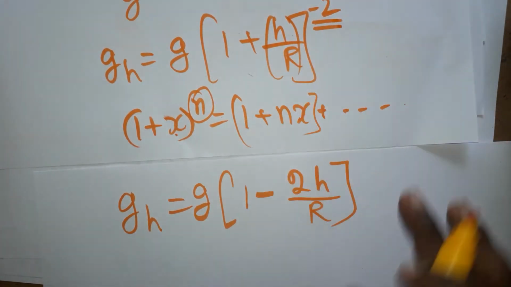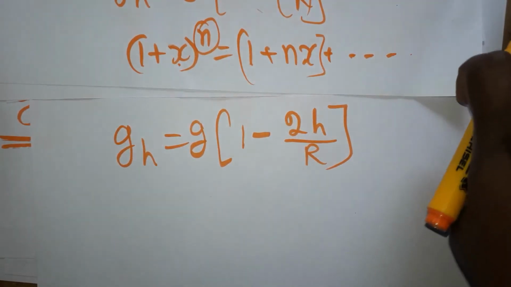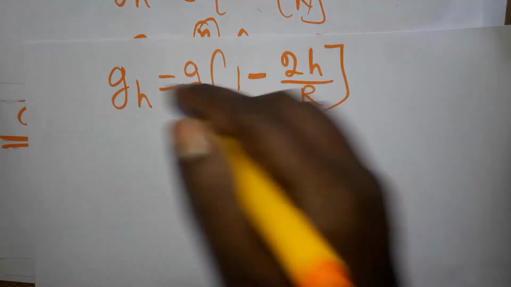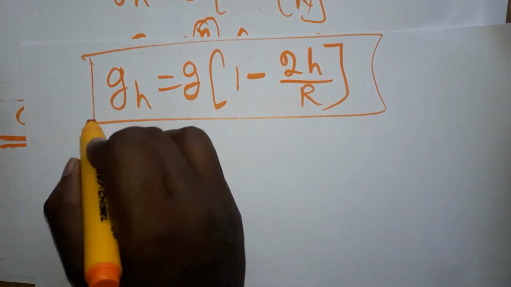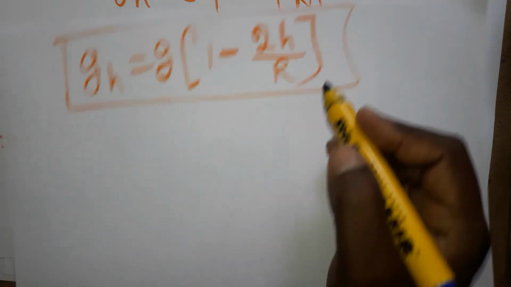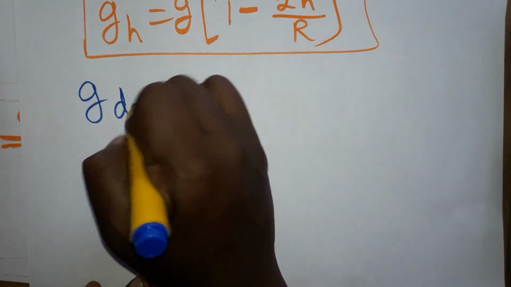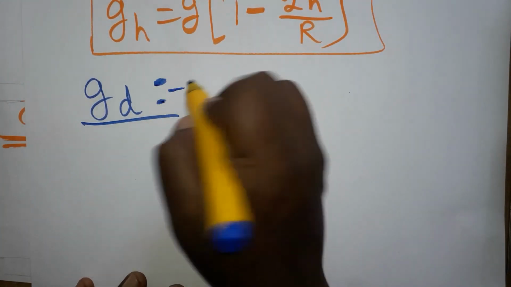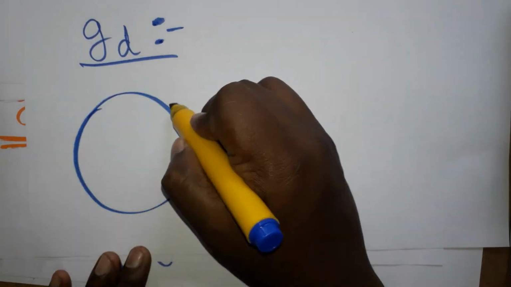Okay, so according to this equation we got g_h is this much. It is a final equation, the gravitation variation due to the height. Next we are going to see how gravitation varies with depth. So, gravitation at depth. The same concept we have taken: on the surface of the earth.